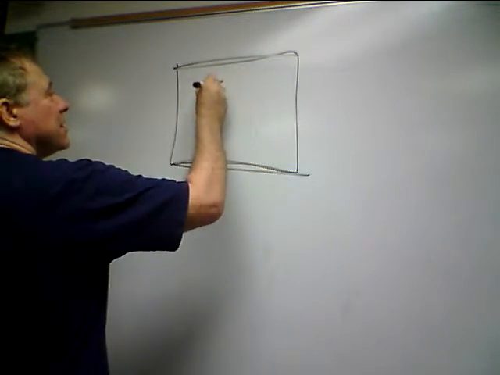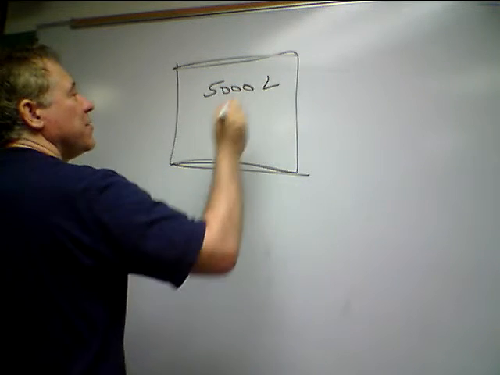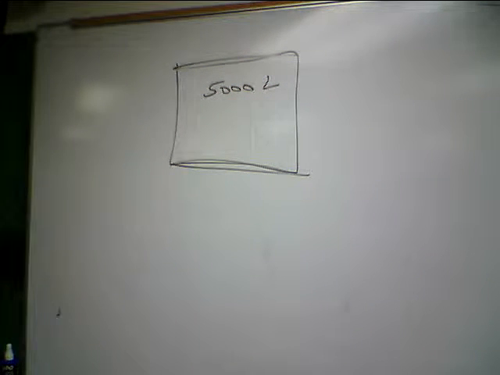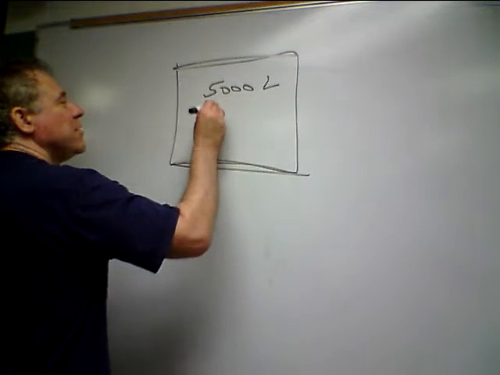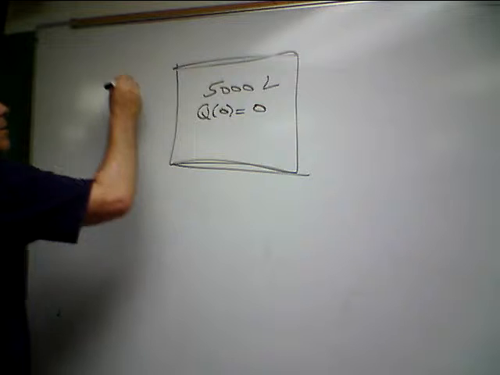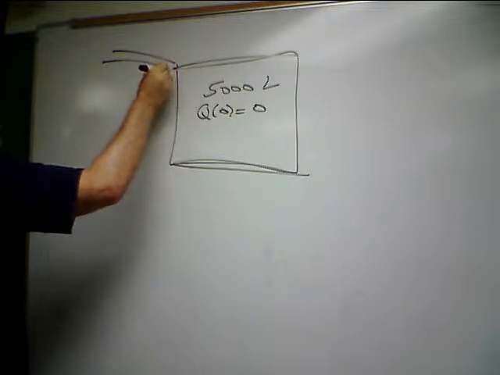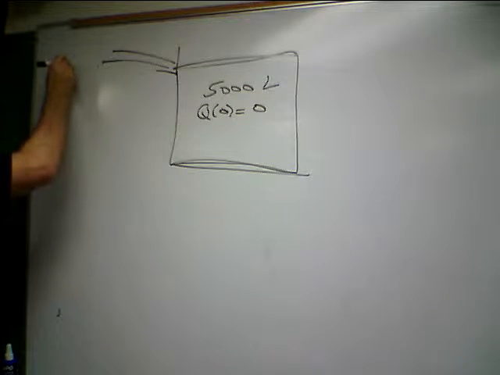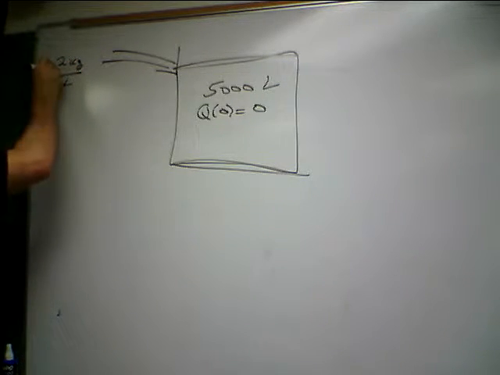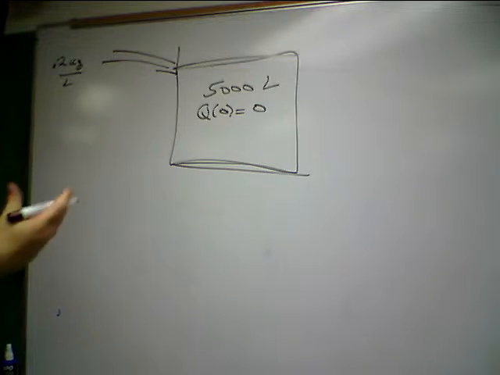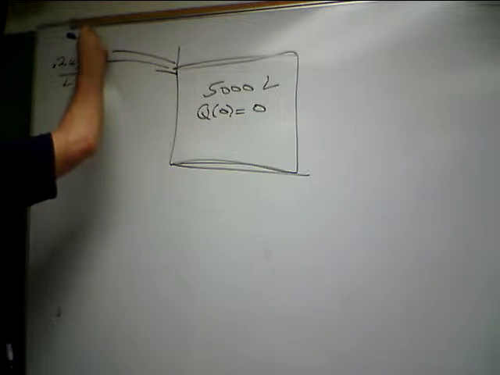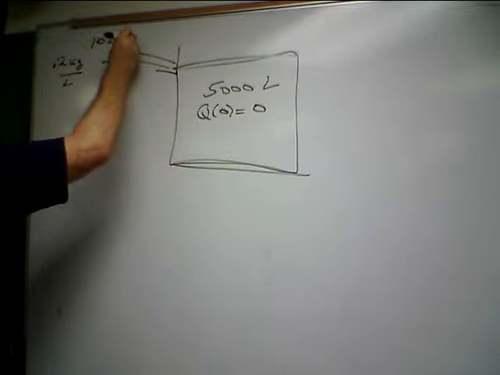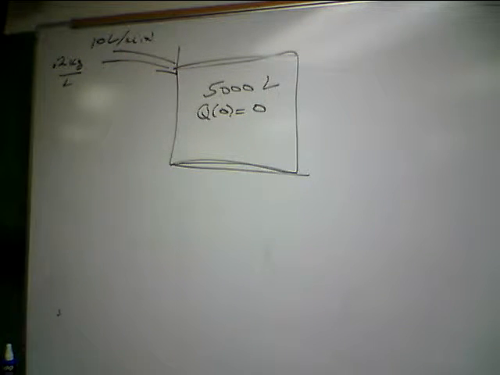5,000 liters. We've still got 5,000 liters. We've still got no salt in the tank initially, so Q of 0 equals 0. The brine is coming in at 0.2 kilograms per liter, and it's coming in at 10 liters a minute. Okay. But now it's draining at